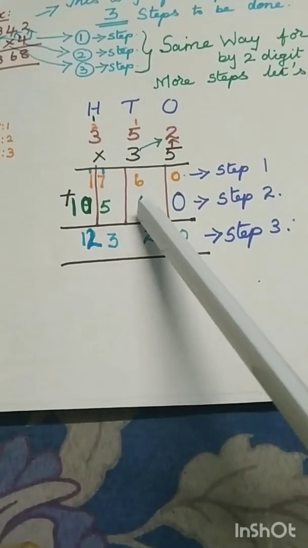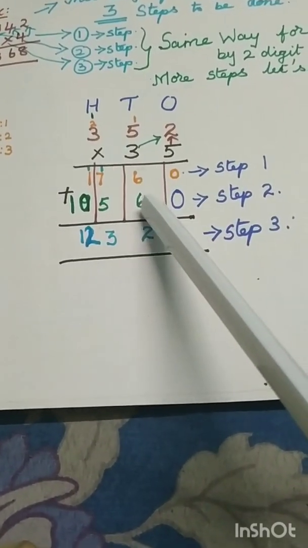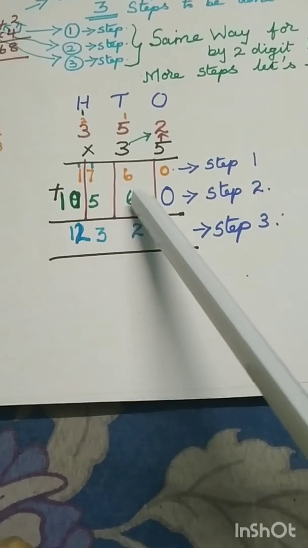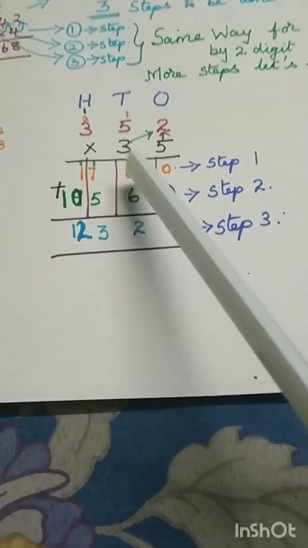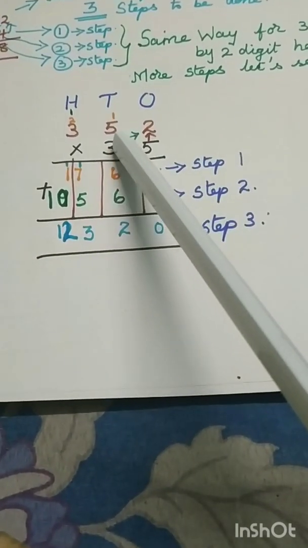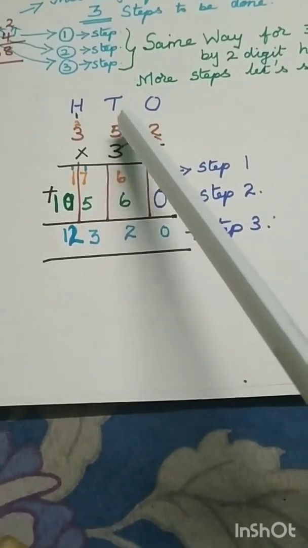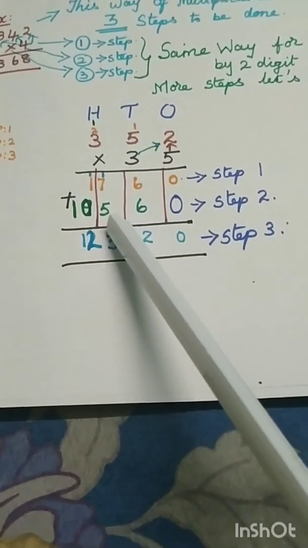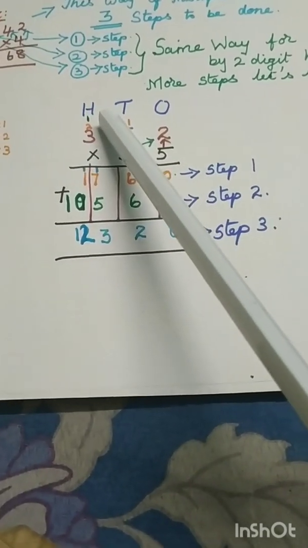I am going on to the fifth step. What is the fifth step? Multiply 3 into 2. That is 3 into 2 is 6. I don't have anything to carry, so I am not carrying. Then the sixth step. What is the sixth step here? I have to multiply 3 5s. What is 3 5s? Yes, 15. So 5 I will put, and I have to carry the 1 up.